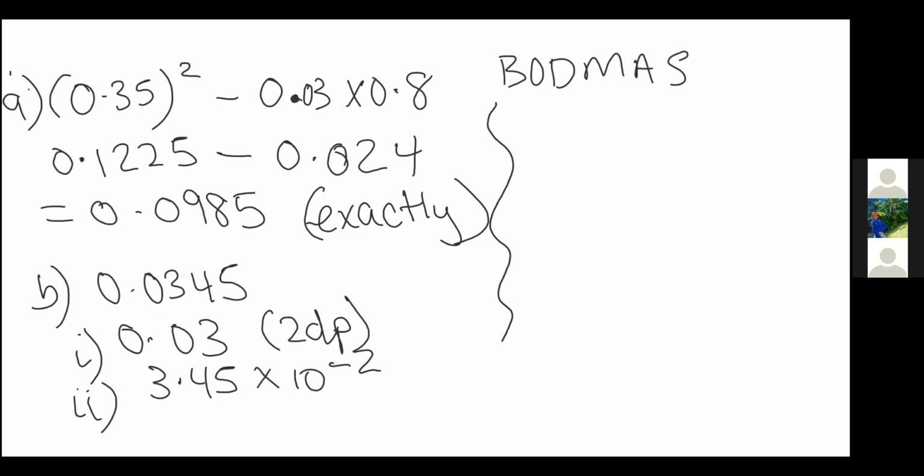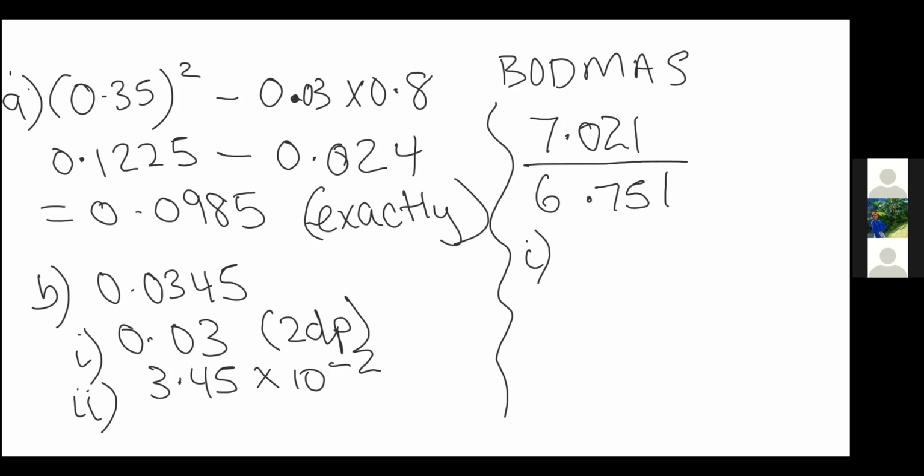Let us move on to the other question, which says 7. Evaluate. So evaluate means calculate, right? Evaluate 7.021 over 6.751, which means divide, and express our answer correct to 3 decimal places. So let's put this into the calculator. 7.021 divided by 6.751. We have an answer of